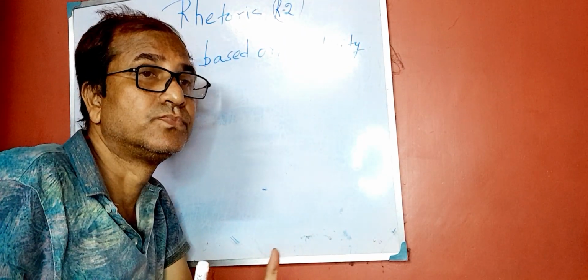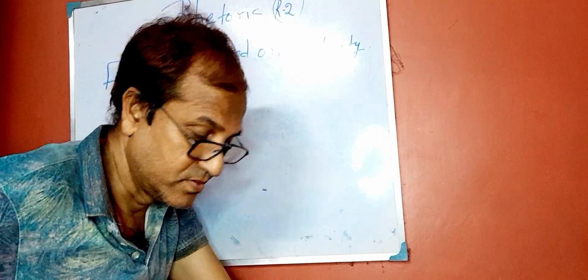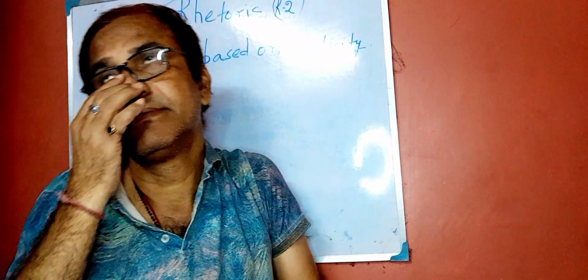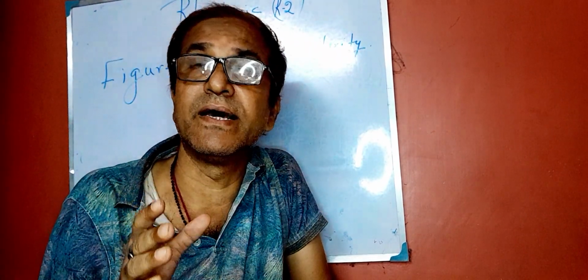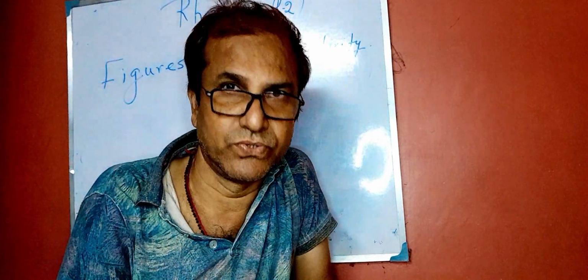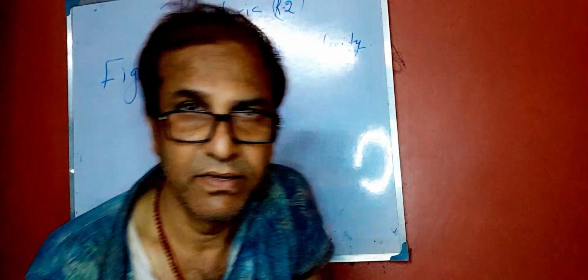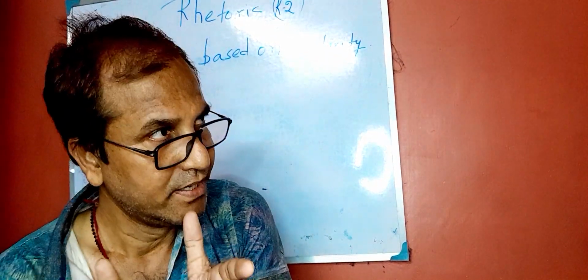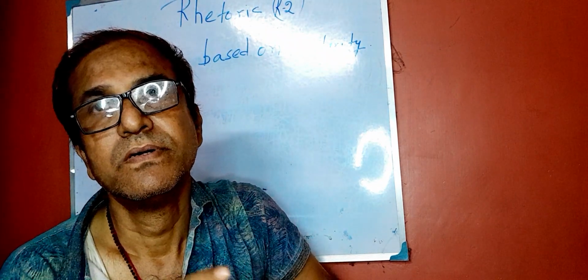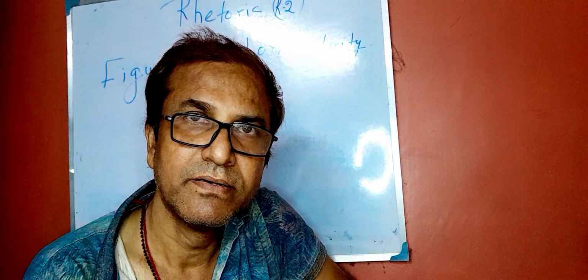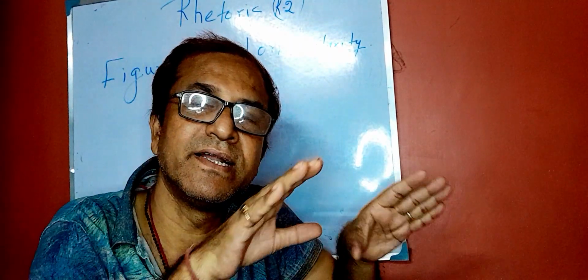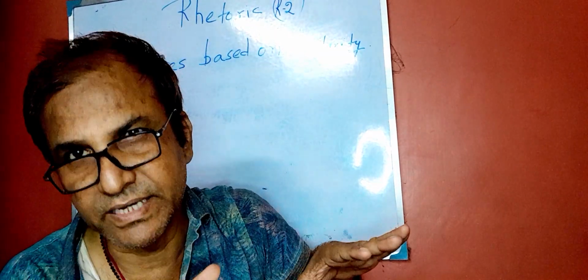and fable. So as I have said earlier, a parable contains a story. A fable also contains a story. In the fable, the language is simple. In the parable, the language is simple. In the parable, there is a lesson, a moral lesson, that is generally associated with a religion.